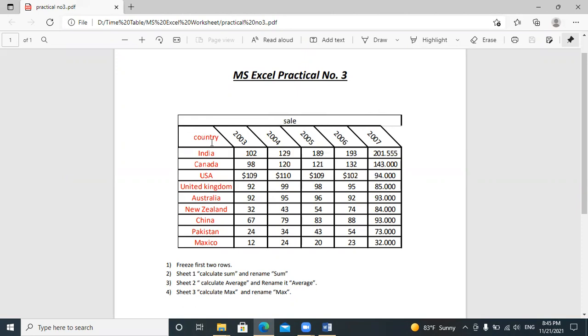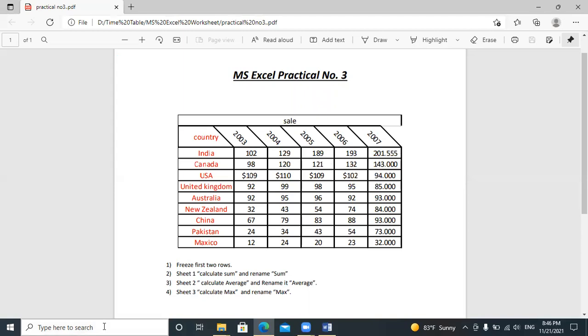And here I have country, 2003, 2004, and so on. And here I have some country names also. So here I have to create a table like that. You should be careful about this also. After the point I need 3 digits. Here too, after the point I need three digits. These are 000, so by default it will not come. So there is some setting you have to do. I will show you.